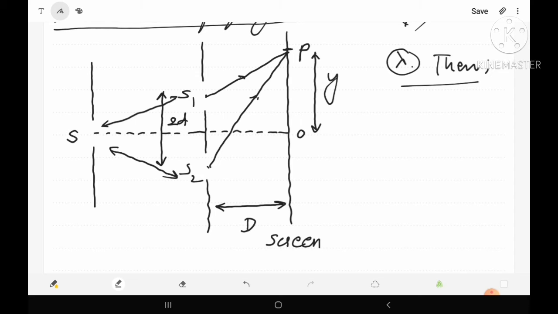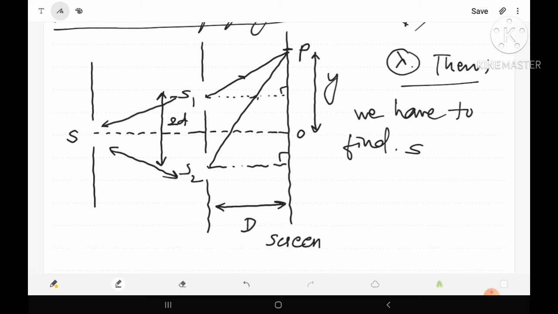Then we can find it by using the Pythagoras theorem. So let us draw two lines, and here angle 90. Again draw lines, here angle 90, because we have to find